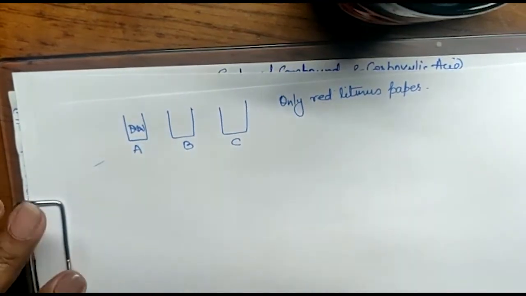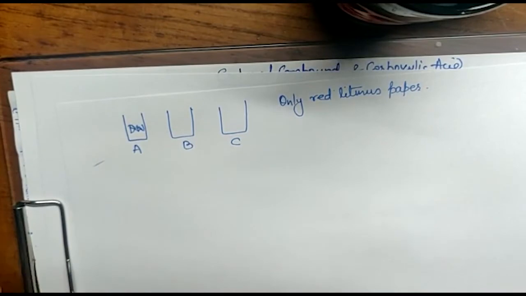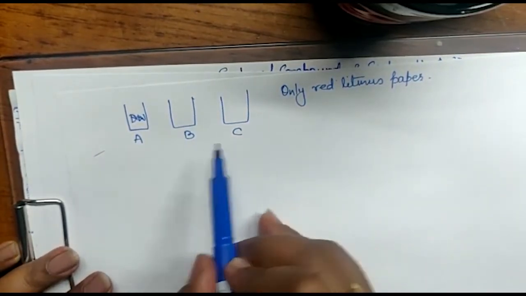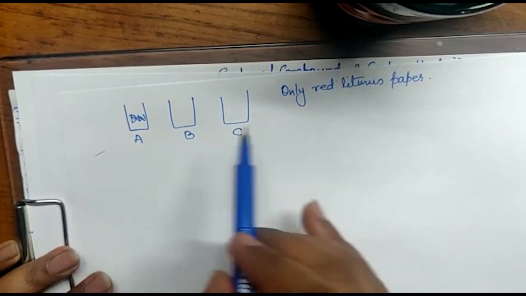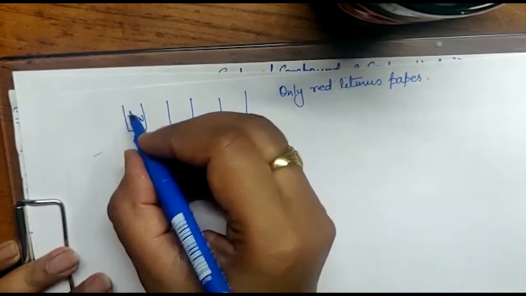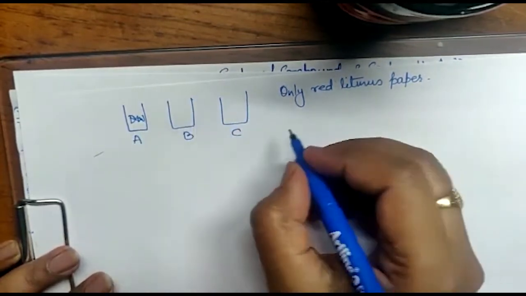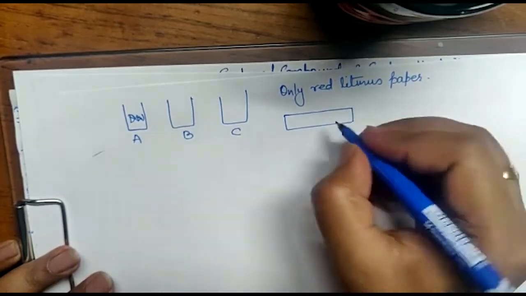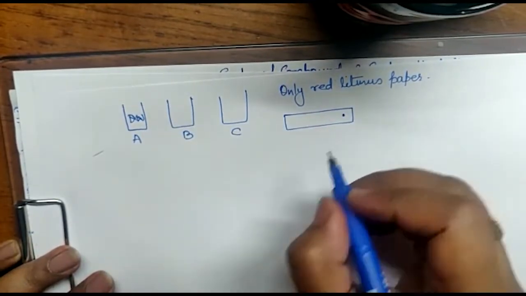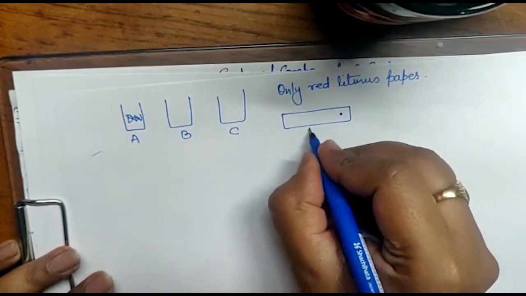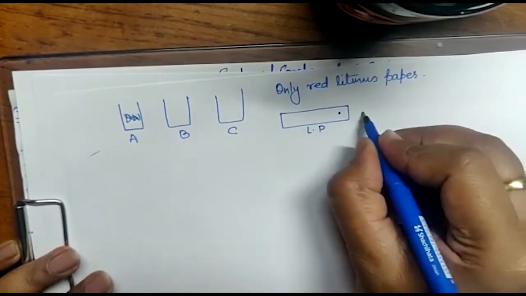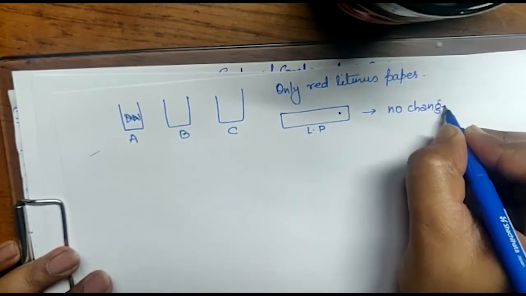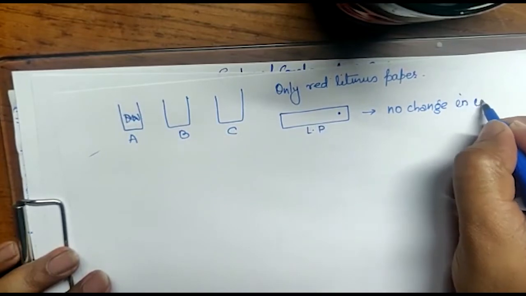Okay, so how will you identify A, B and C? Put them in three beakers and mark them A, B and C. With the help of a dropper, put a few drops of A on the red litmus paper. If the litmus paper shows no change in color, then it will be